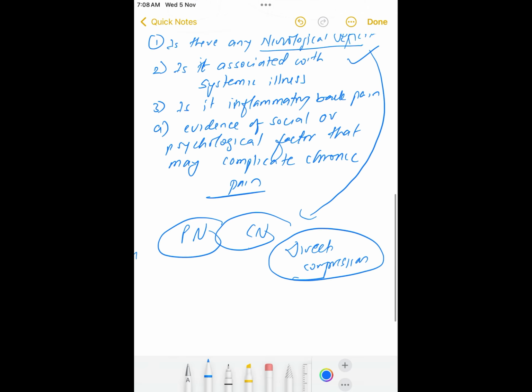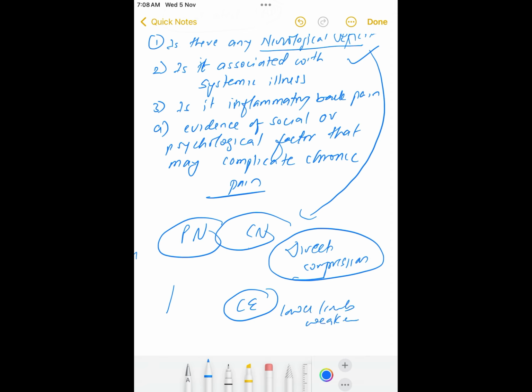Like radicular pain, weakness, sensory disturbance, reflex changes. In Cauda equina syndrome, there is lower limb weakness,